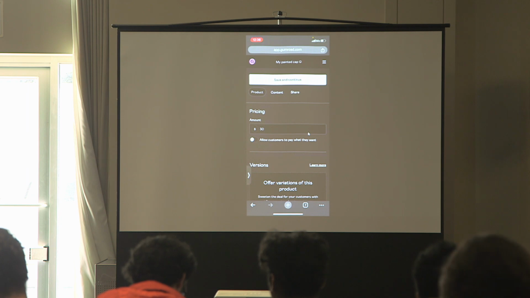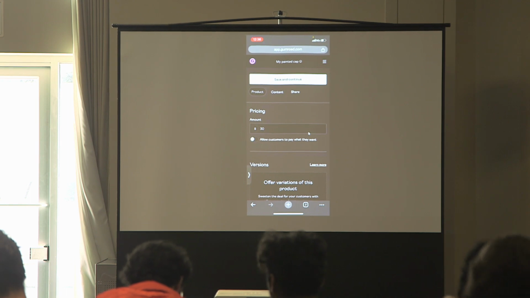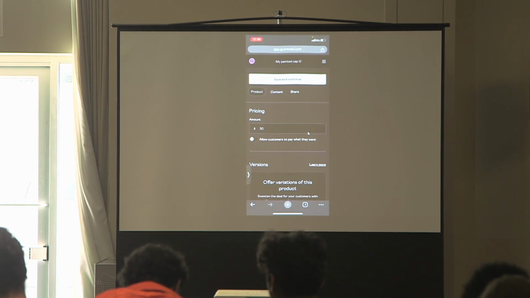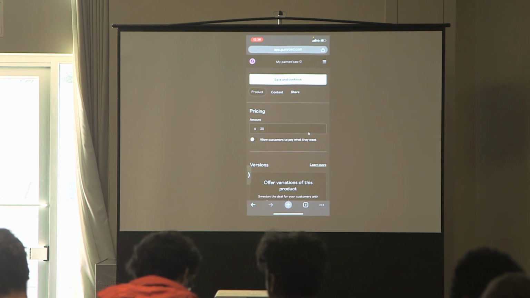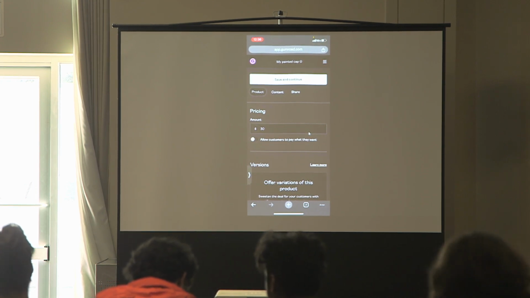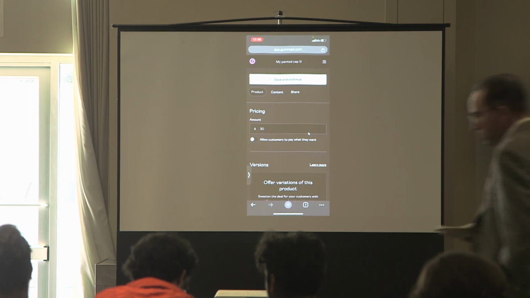Gumroad, by the way, is a payment tool. I'm making a little payment page right now. I'm just answering a couple of questions on the form. At the end, I'm going to get a link that I can just send to people or post on the website, like I did with the job form, that people can submit credit card information through and buy. That goes to my Gumroad account and it goes to my bank.